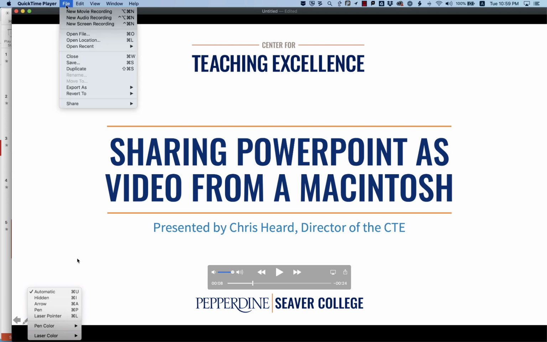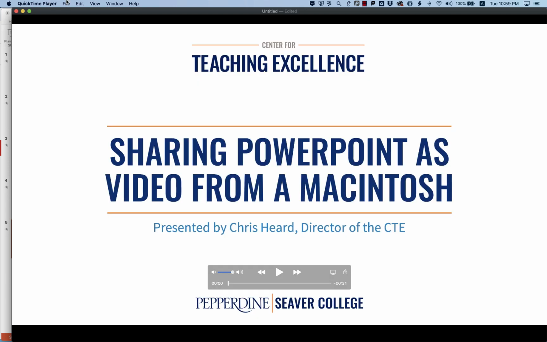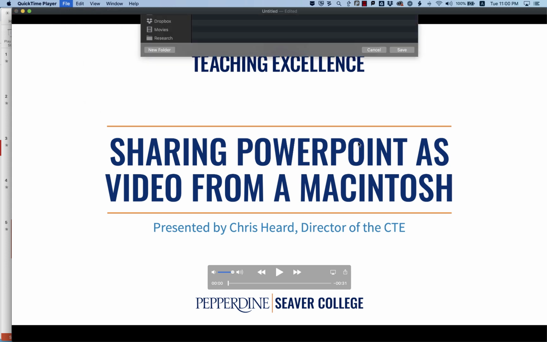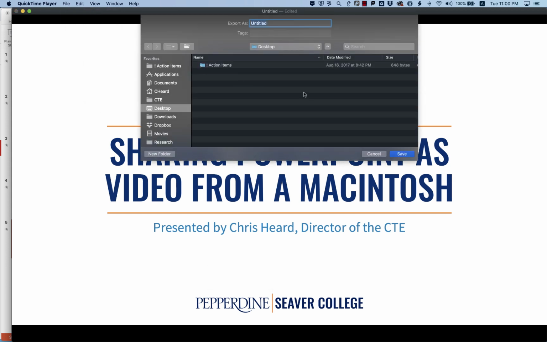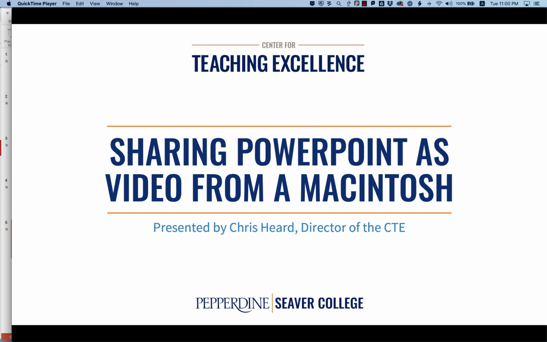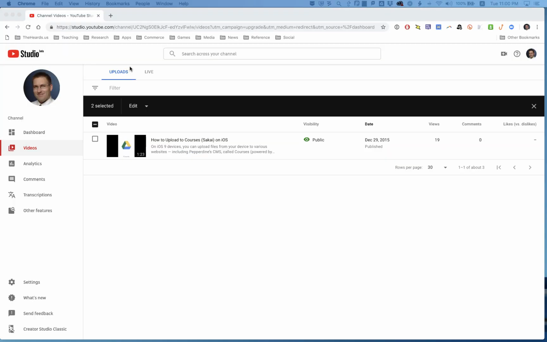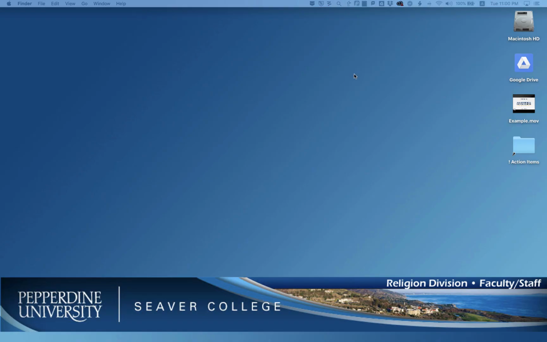The first thing we should do is go ahead and save our file. Well, maybe go ahead and verify that it's ending in an appropriate spot. Once we know it's beginning and ending in an appropriate spot, we want to save our file. I'm just going to go ahead and put it on the desktop, and I'm going to call it example, because I'm not really going to keep this around very long. So click Save. Great. Now, if we take a look on the desktop, by hiding the QuickTime player and hiding PowerPoint and hiding Chrome, we'll see that my new video is here as